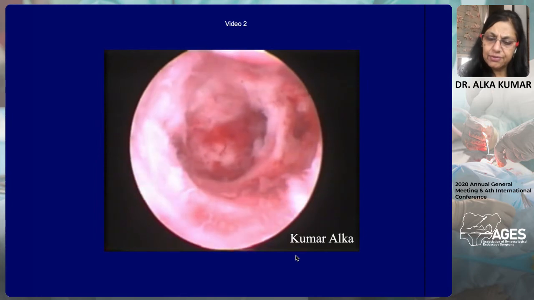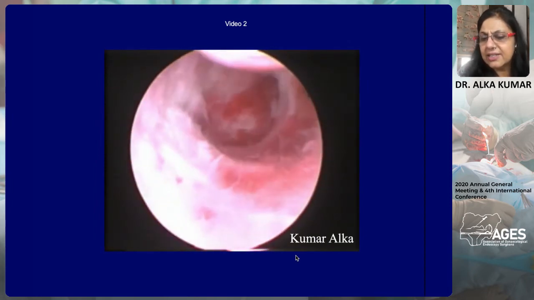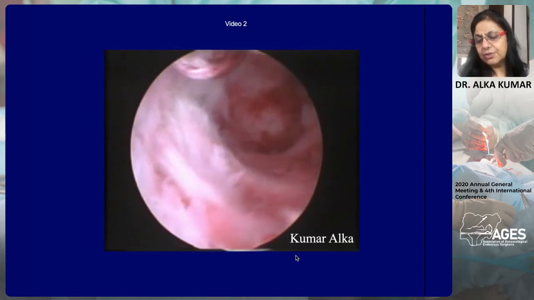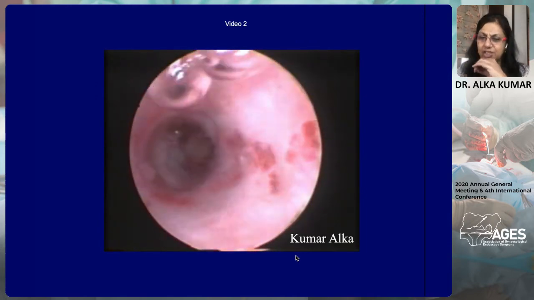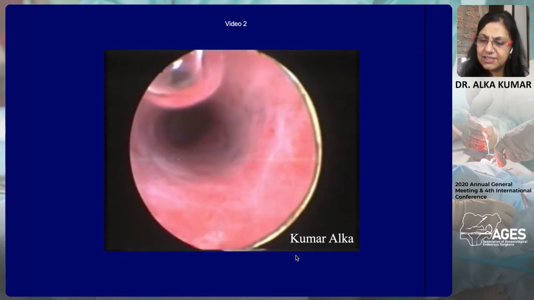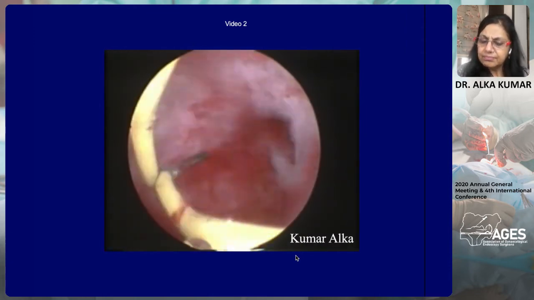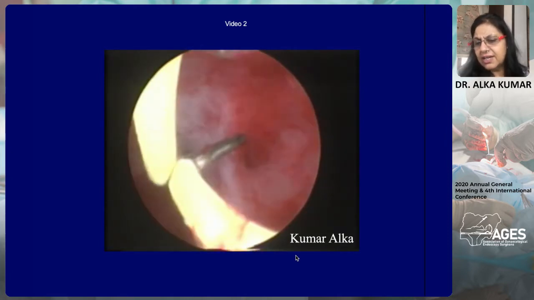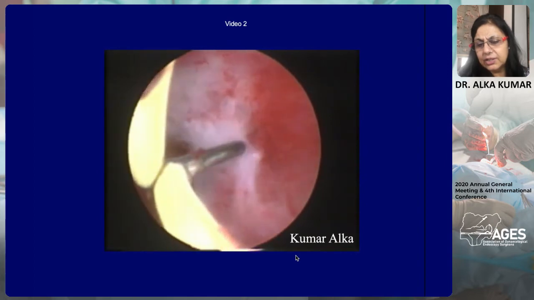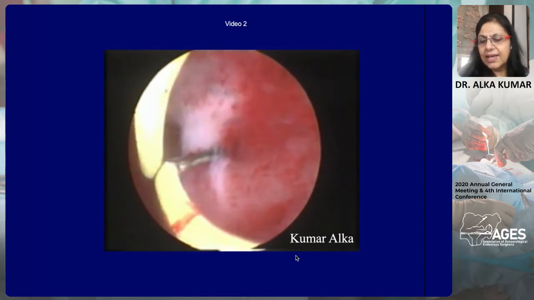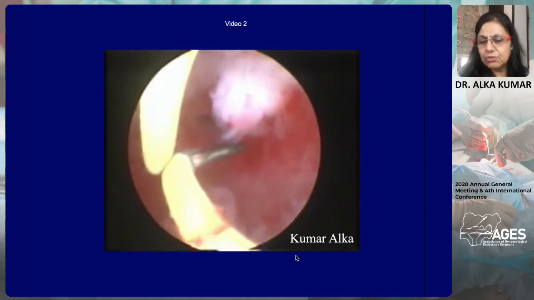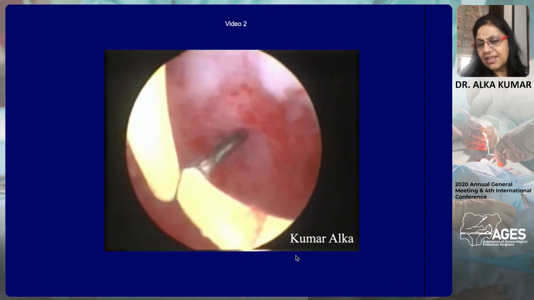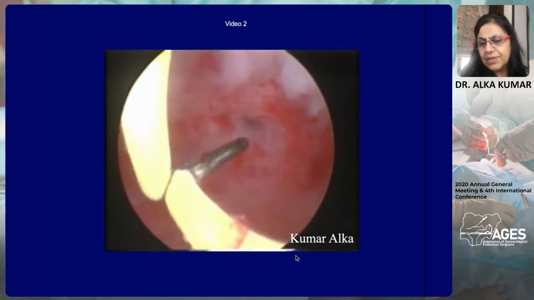Often we find grade 4, grade 3 adhesions, and in these kinds of tubercular adhesions and tuberculosis of longer duration, we find that the cavity has become very tubular, almost like a T-shaped cavity. The idea always is to open up the cavity into an inverted triangle and achieve the anatomical landmarks. You are seeing the Collins knife being used here, and with it we are trying to cut open the adhesion band, and we have reached the tubal ostia.